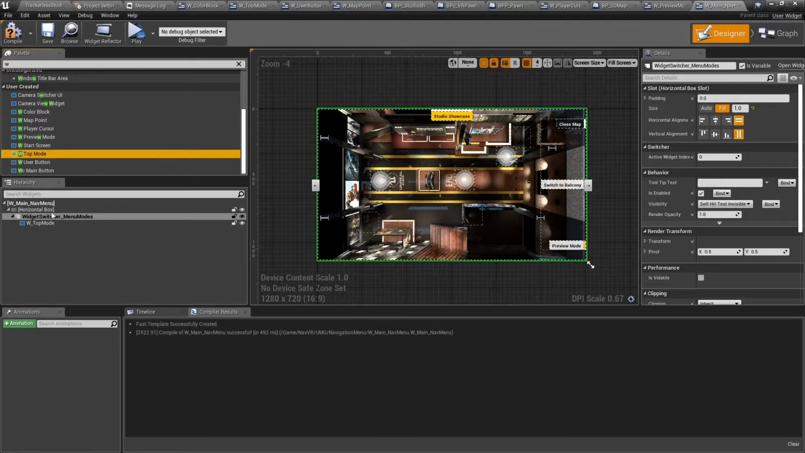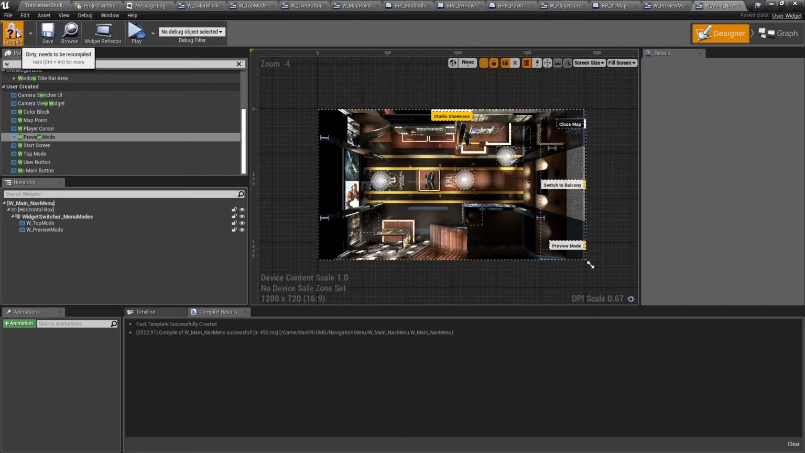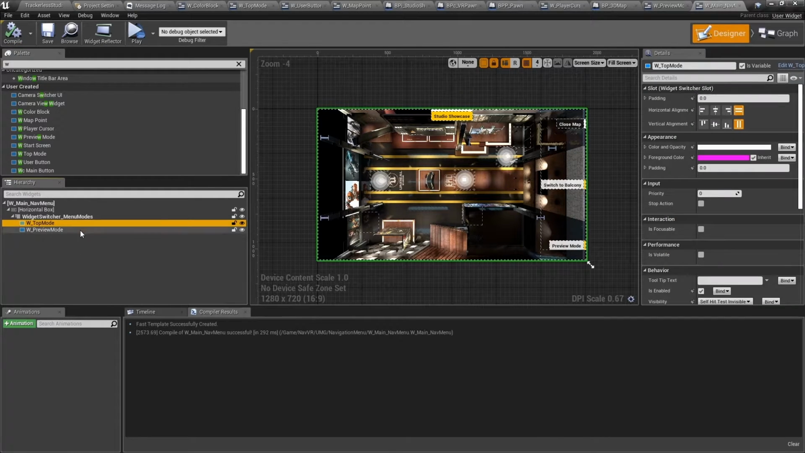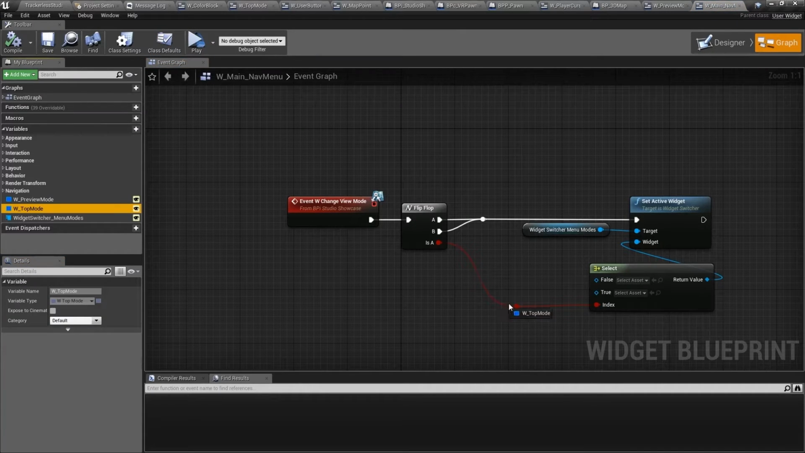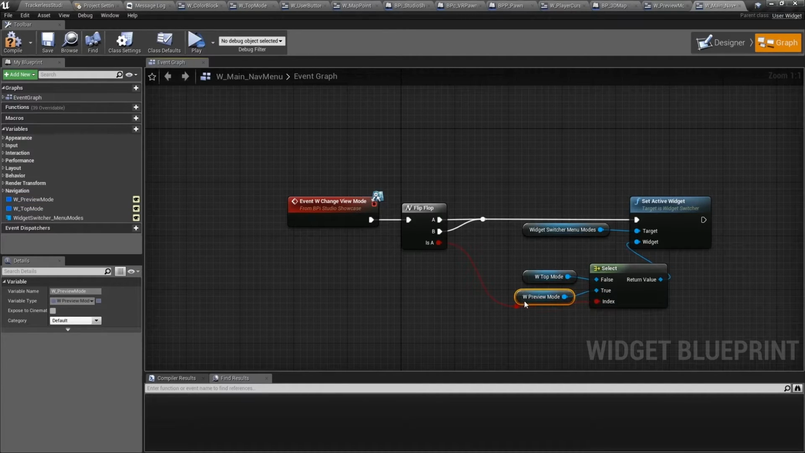We need to now work on the W main nav menu. It will contain a widget switcher wrapped with a horizontal box that contains both our top mode and preview mode. Top mode is the default, so it should be the first widget in the stack. Add an event W change view mode to the event graph. When this function is called, it will toggle between displaying the top mode or the preview mode using a set